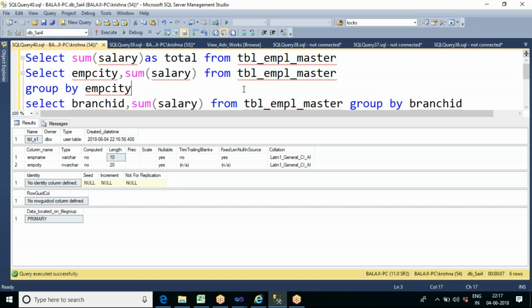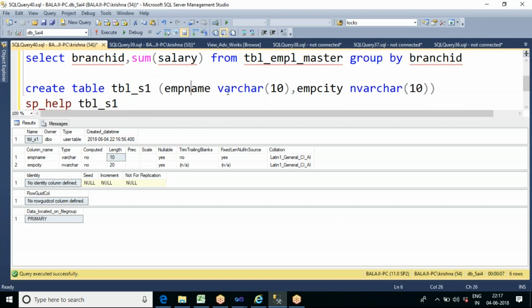We have given 10 while creating the table, so it has allocated 10 bytes of memory. But for nvarchar, even though we have given 10, it has allocated 20 bytes of memory. So for each cell to capture, it will have 2 bytes of memory.